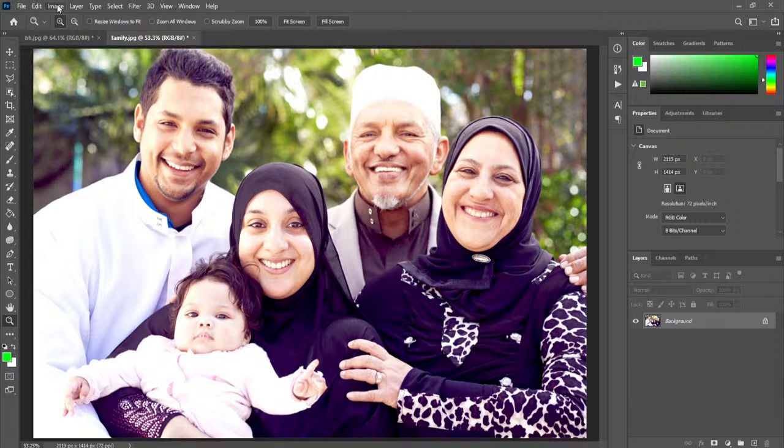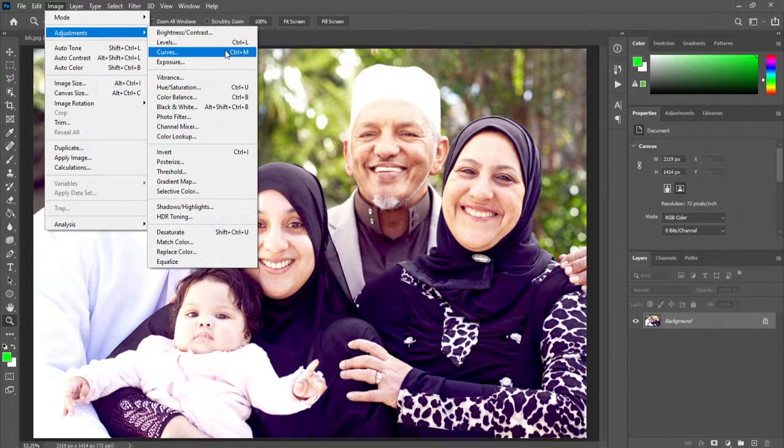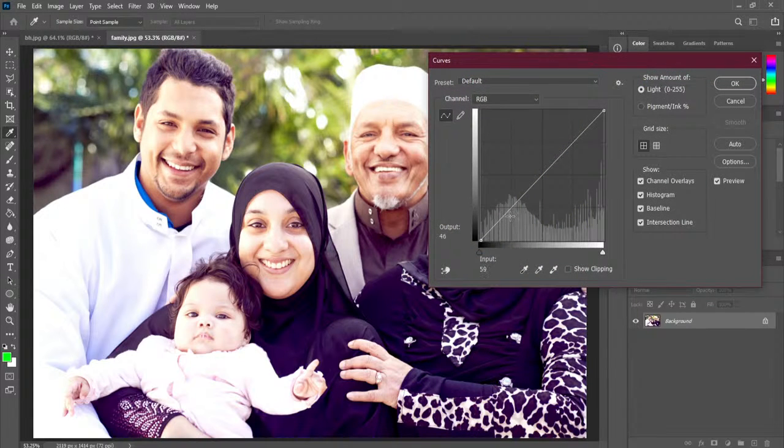And after Levels, I have Curves. What Curves does is the same thing as Levels, but here it works with a curve. This is the area that is the dark part, and this is the area which is the bright part. If I click on the graph of the dark part and try to move it,